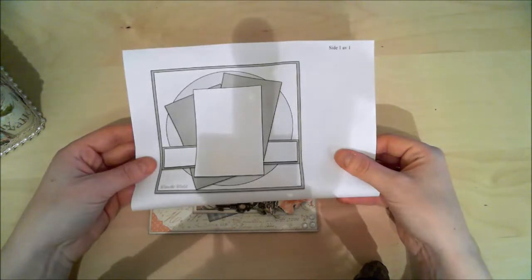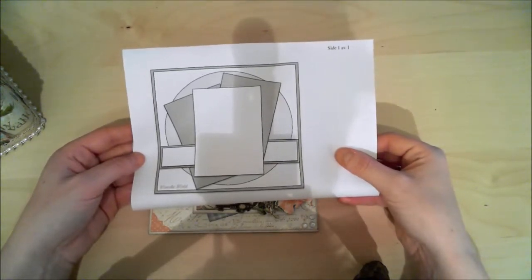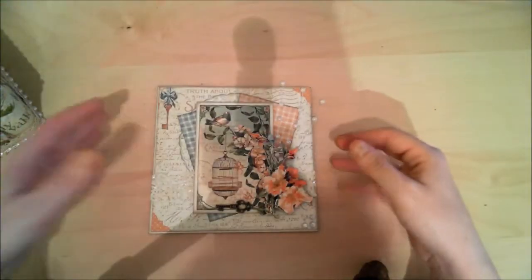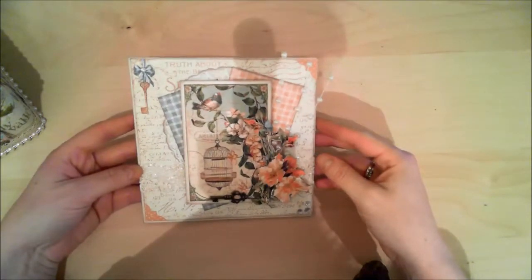This I found on a challenge blog called Sketchy Colors. So well, the card looks like this,